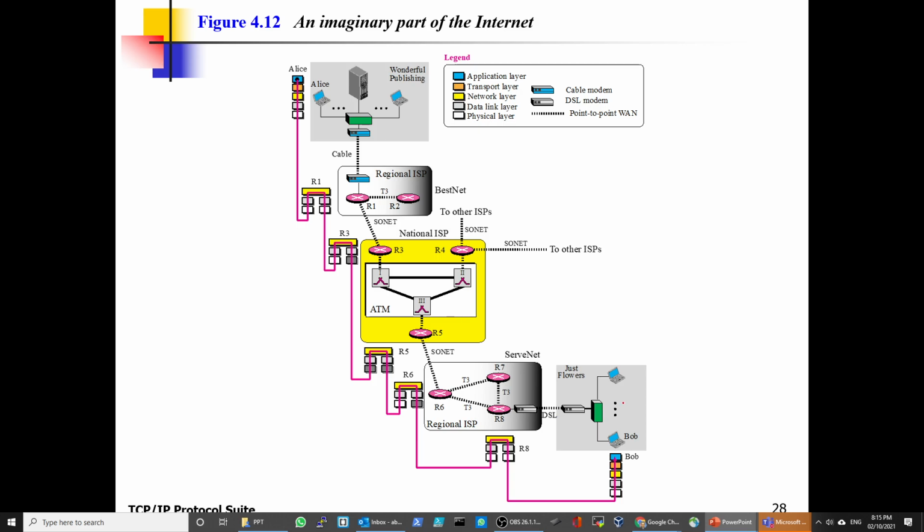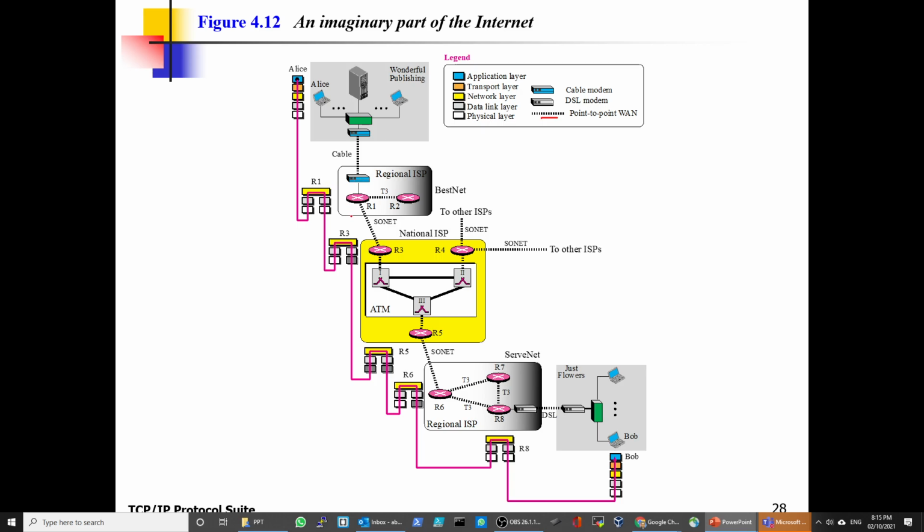All right, so look how data goes. Let's take a look at the colors first. Blue is the application layer, then transport layer, network layer, data link layer, and the physical layer. And in here this is point to point one, this connection point to point one. This is a DSL modem, this is a cable modem. So I am here, I have a cable modem. When I communicate, I will be connected point to point to the regional ISP. And the regional ISP is only routers, right? There are no computers. So how many layers do we have? Three. We have physical, data link, and network.